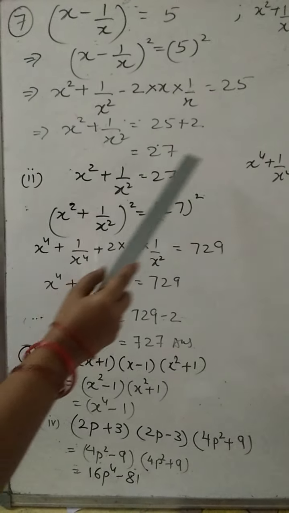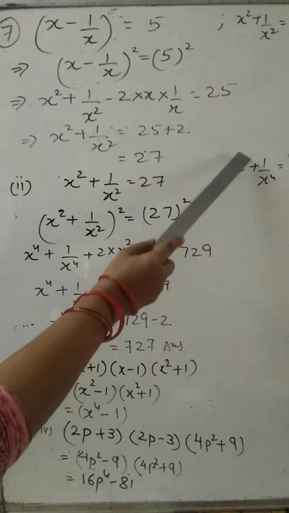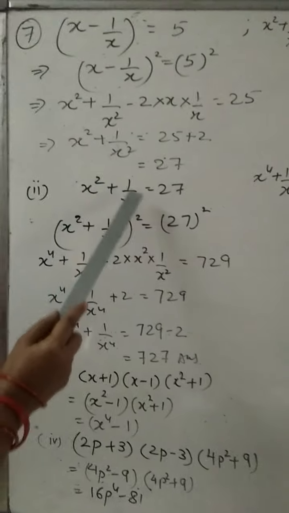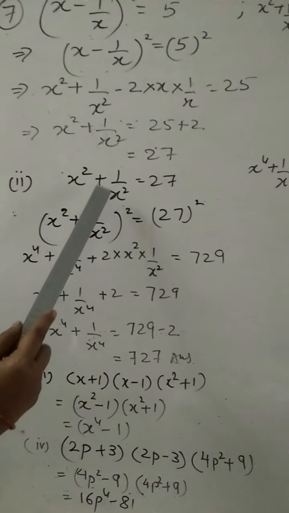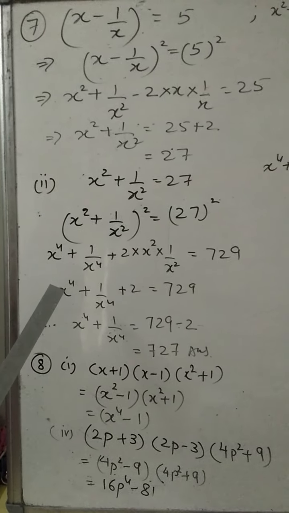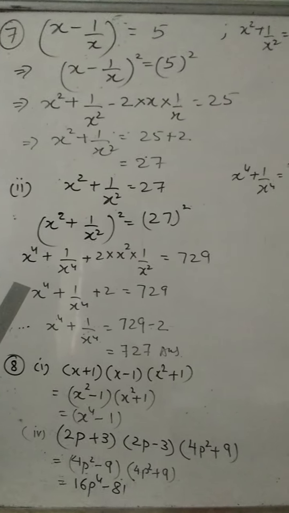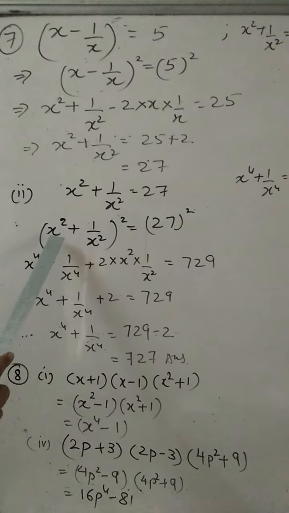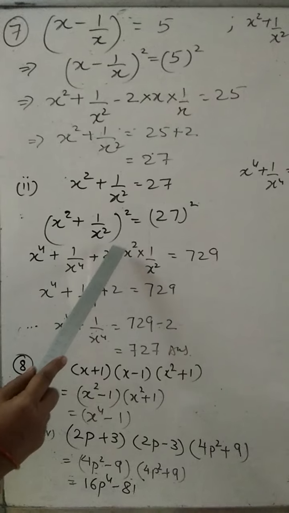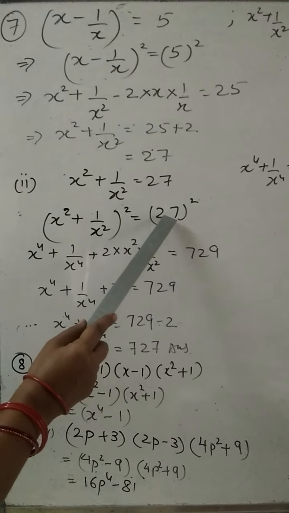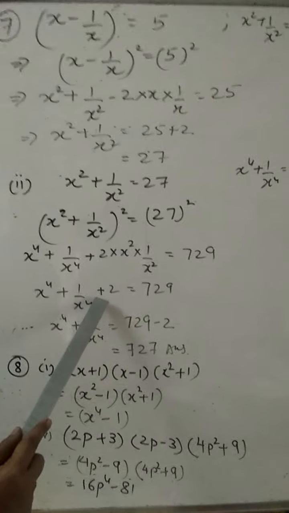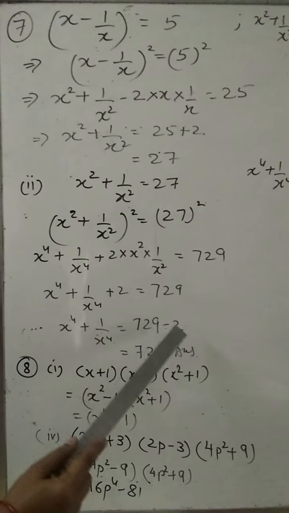Next, for the same question you have to calculate the value of x to the power 4 plus 1 by x to the power 4. You have the value of x square plus 1 by x square, that is 27, so we will start from here. You have to do squaring of this on both the sides. Now again a plus sign is there, so you need to apply the formula a plus b whole square. So a square, that means square of x square, plus b square, square of 1 by x square, plus 2 into a into b, that is, square of 27 is 729. X square gets cancelled, 2 ones are 2, so plus 2 will go to that side, and it will become minus 2.